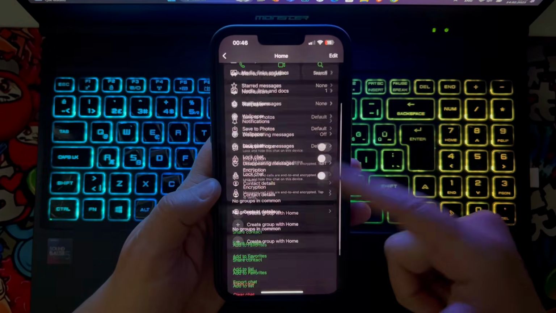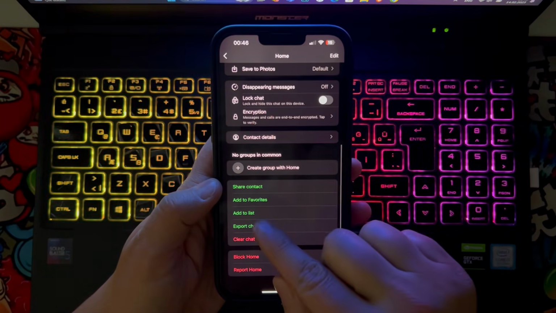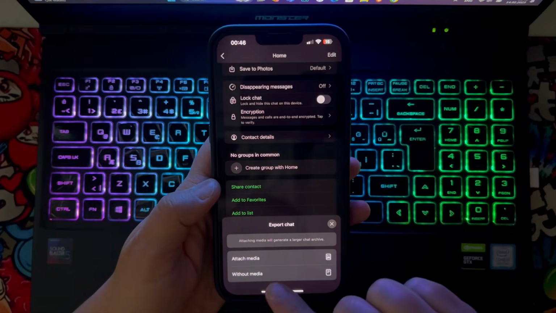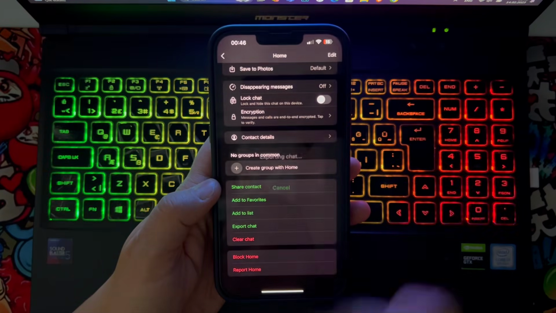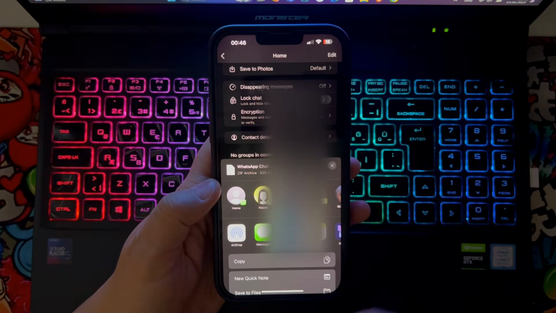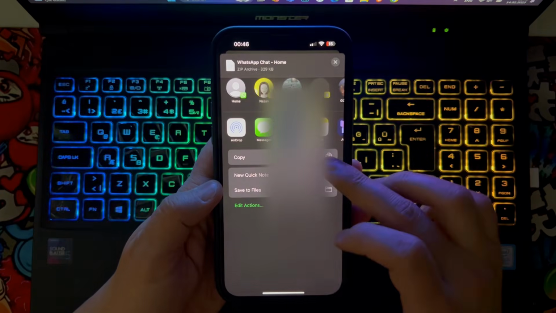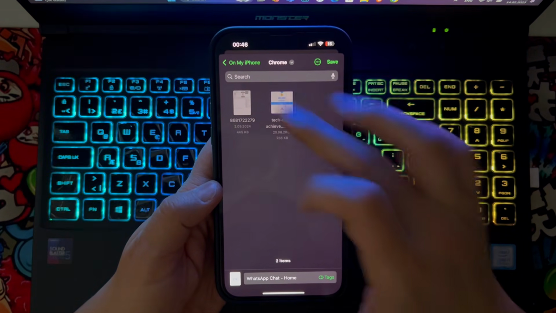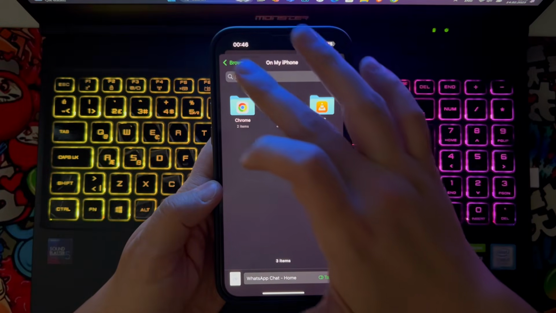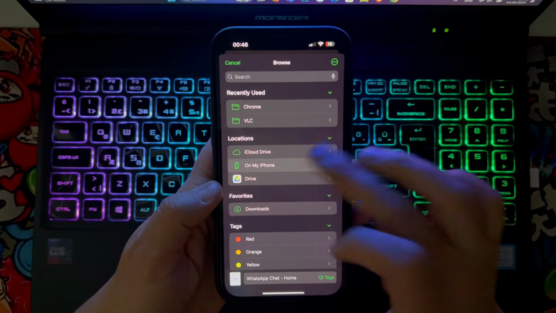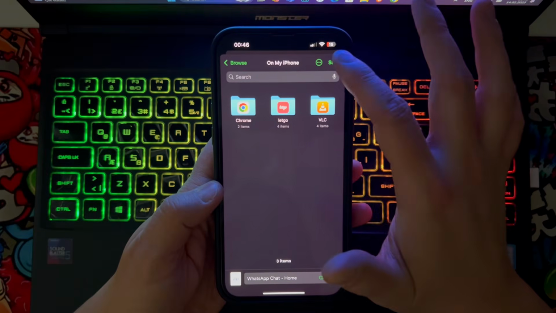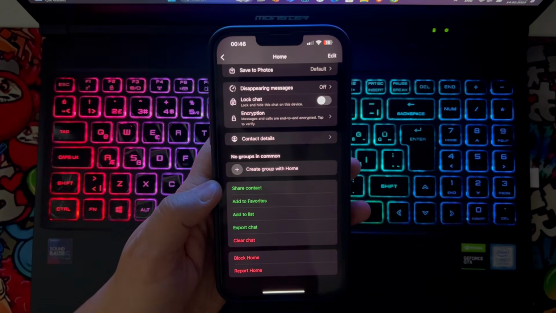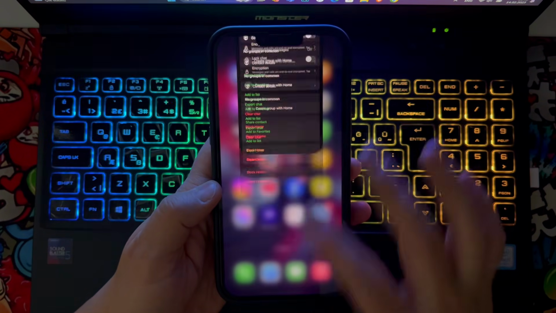Go on the profile, then scroll all the way down. You can see we have export chat, then go attach the file. And after that you're gonna wait a few seconds, then you're gonna save that here onto files. Now you're gonna choose any folder here on your iPhone device's gallery, whatever you choose, it will be saved over there. So once I click on done, you can see the photos and chats have been saved over